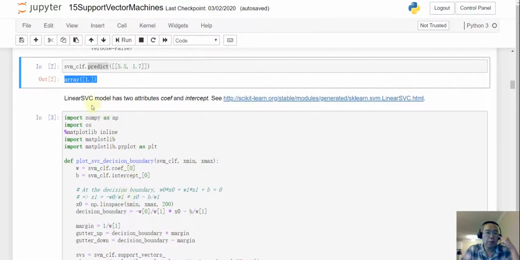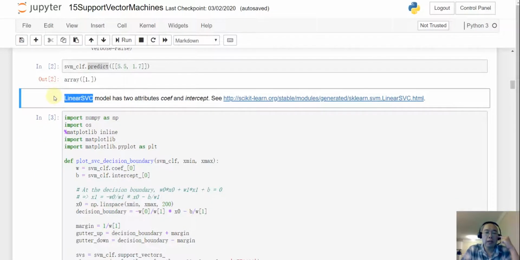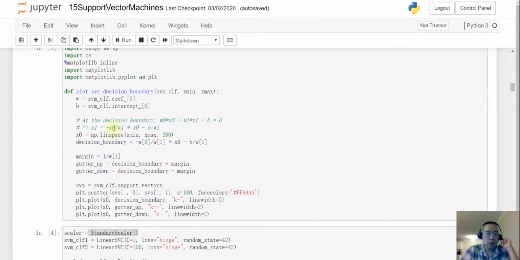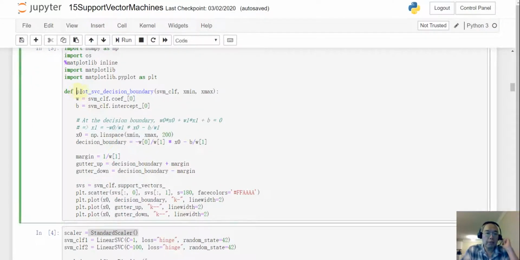Okay, and when we are doing the linear SVC model, it's very important that eventually we are going to draw a line, which is the center of the margin, right? So when we are drawing a line, there are two important attributes, coefficient and intercept, and this is how we define a line in the x and y axis. So we created a function which